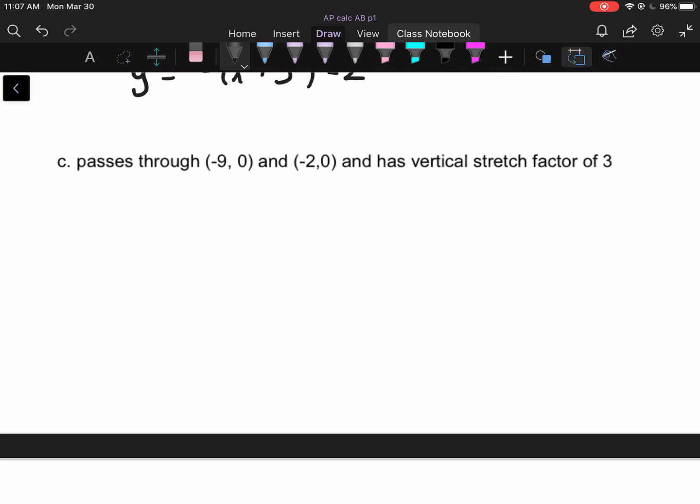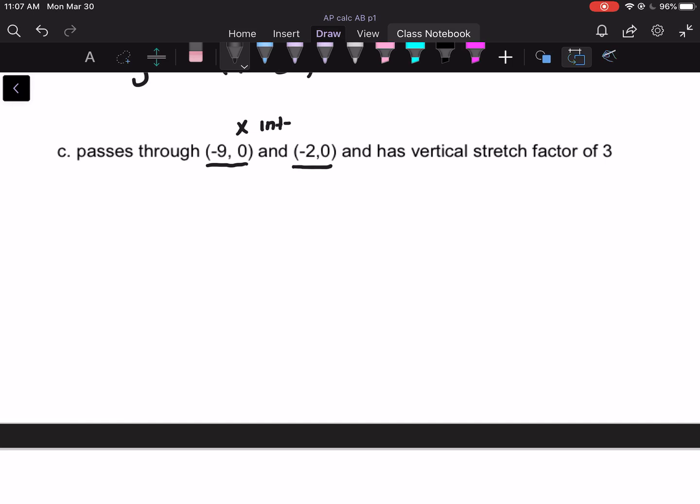We are given 2 coordinates. What kind of coordinates are they? Well, I know that when we have a number, 0, we're looking at x-intercepts. If I'm given x-intercepts, I'm thinking intercept form. They also give us a little information about the a value. So when we write these in,